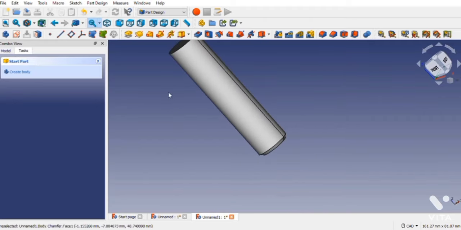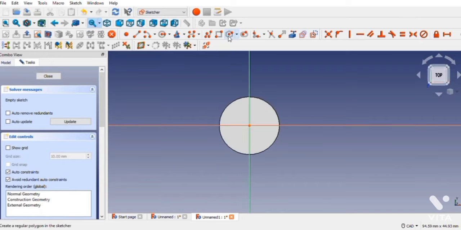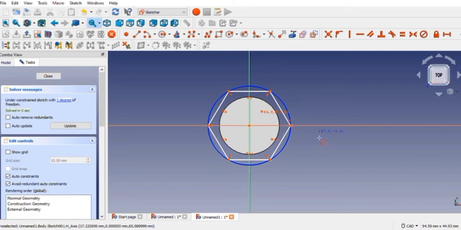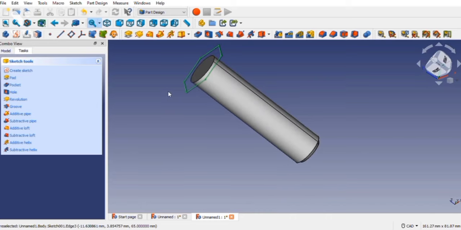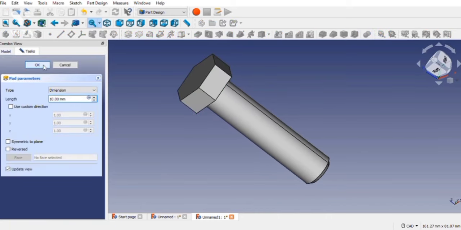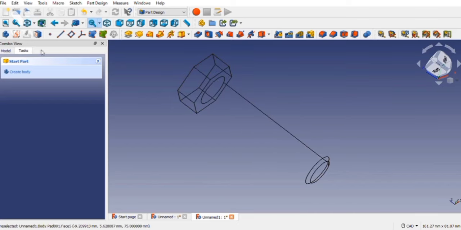And then I used the chamfer option and I chamfered it up to 1.5 mm to make it like a base. And then I used a create sketch option on another base circle, and I created a hexagon which is concentric with the circle, and then I removed some conflicting constraints in it, and then I made the distance between the parallel sides of the hexagon 24 mm and made it symmetric to the x-axis, and then I padded